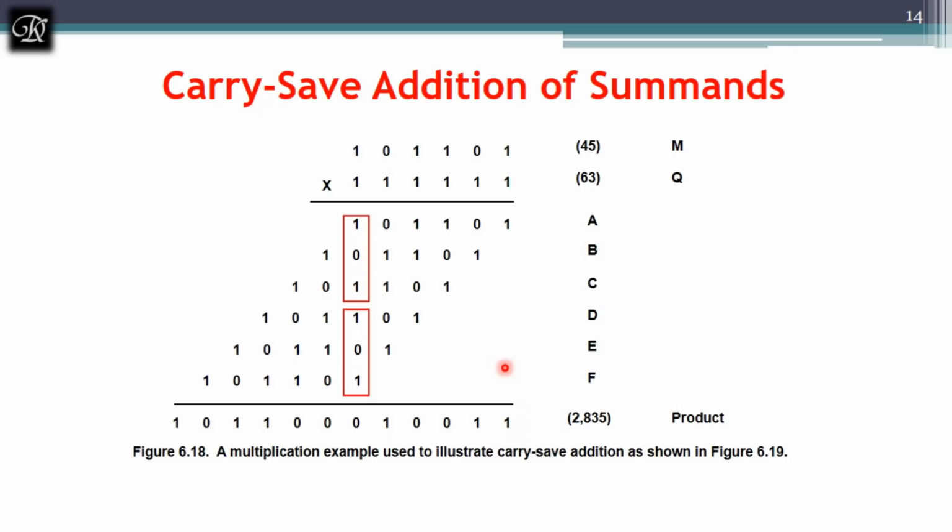Now, to explain, I am naming these partial products: the first partial product as A, the second one is B, third one is C, fourth one is D, fifth one is E, and the final one is F. So these are all the partial products at each stage. By naming them A, B, C, D, E, F, I will group A, B, C and D, E, F. As per the rule, it says group 3 partial products and find the sub sum and sub carry.